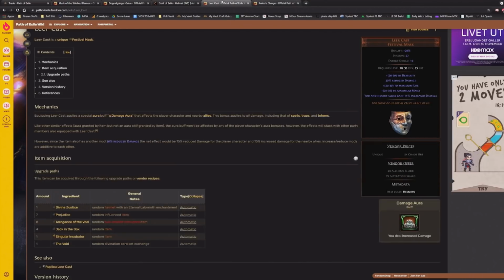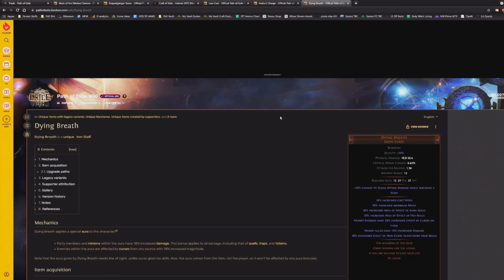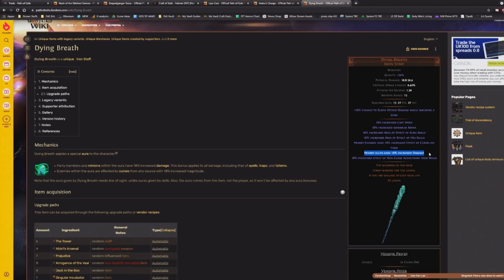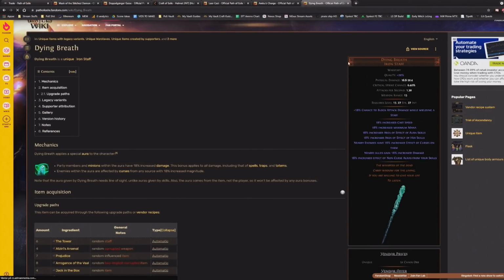So these are like the generic low-budget pieces that you can use, and when it comes to the weapon, that would be a Dying Breath, which is essentially doing the same thing as Leercast, increases effective non-cursed items from your skills, which doesn't apply to the Animate Guardian, but makes enemies deal, nearby allies deal increased damage, which is really solid with a few other modifiers to it. So this is basically the super low-budget setup with Leercast, Ambush Charge Crusader Chainmail, and Dying Breath, and then